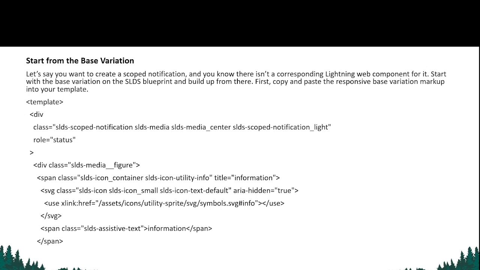For that, you have to start with the base variations on the SLDS blueprint, and then you have to build from there. So you need to copy and paste the responsive base variation markup into your template. So you can have your div, then class, then slds-scoped-notification, slds-media, slds-media_center. All these class names are being provided. Then the role of that particular class is provided. Then the span of that particular class is provided. The SVG values are provided. The link or the reference is also provided for the particular class,